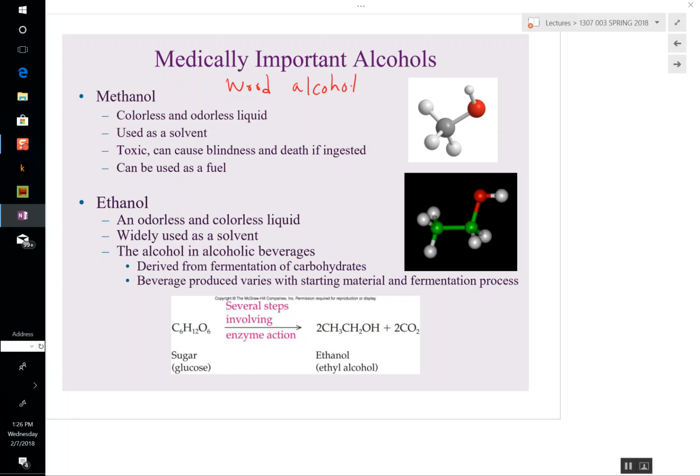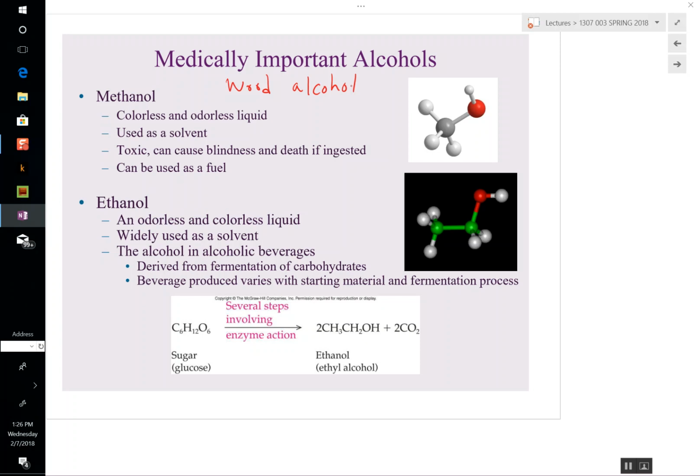Right? Where you do see this, you go into a restaurant and they have these little glass things with a wick in them and they're burning. That's usually methanol in there, burning. Burns real nice and clean. It burns well. As a matter of fact, in the 1107 lab, will you burn methanol? I think so. I think you burn methanol. Yeah. And you'll see how nice and clean it burns, just like in the restaurants. So it is used as a fuel. You can use methanol as a fuel. It is toxic. There's ethanol, the alcoholic